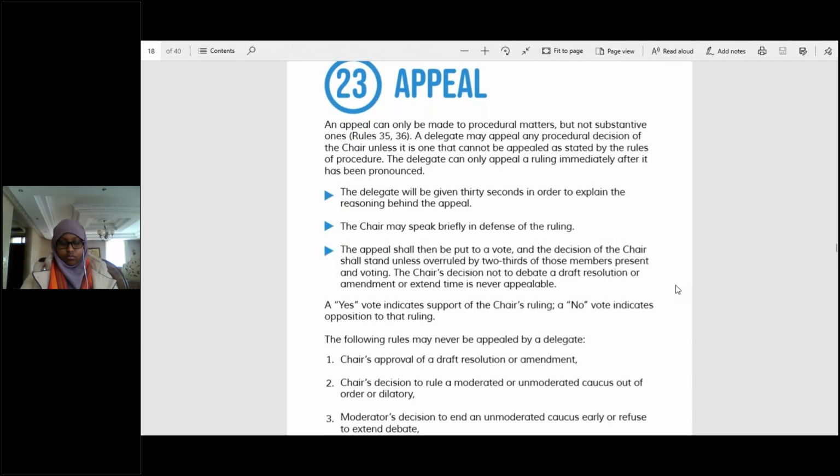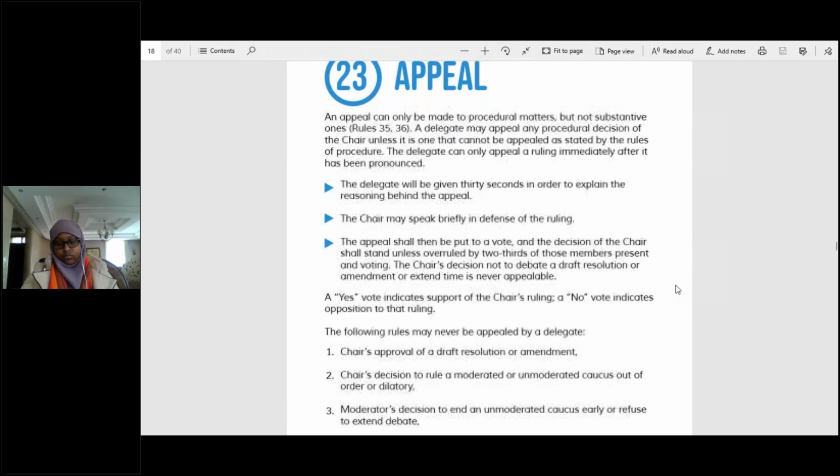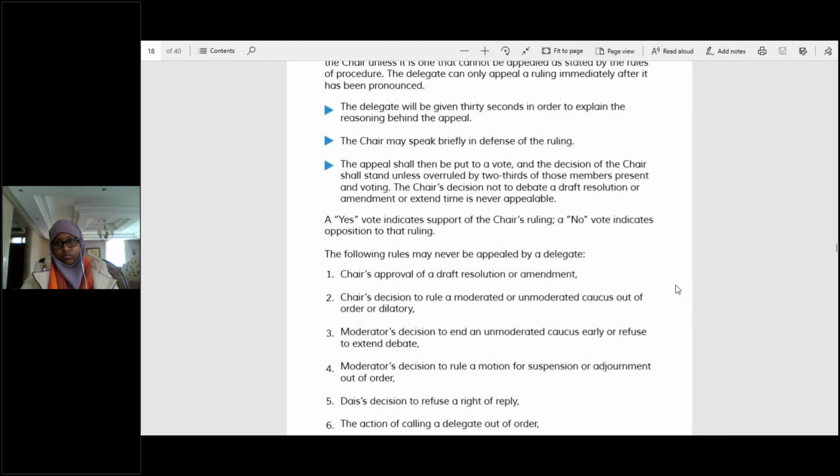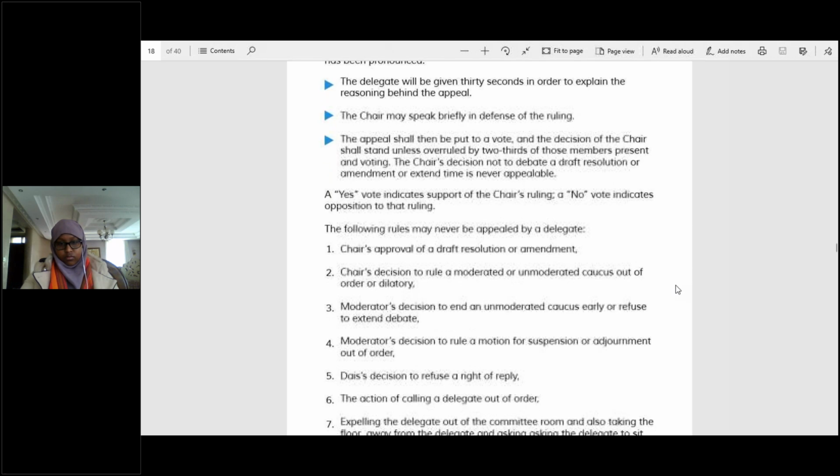The delegate will be given 30 seconds to explain the reason behind the appeal, and then the chair may speak briefly in defense. The appeal shall be put to a vote, and the decision of the chair shall stand unless overruled by two-thirds of those members present and voting. A chair's decision not to debate a draft resolution or amendment or extend time is never appealable. Those are procedural matters that cannot be appealed. A yes vote indicates support of the chair's ruling, and